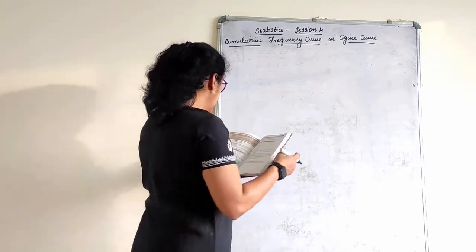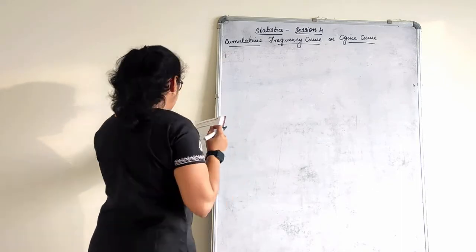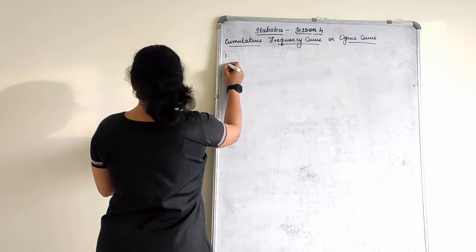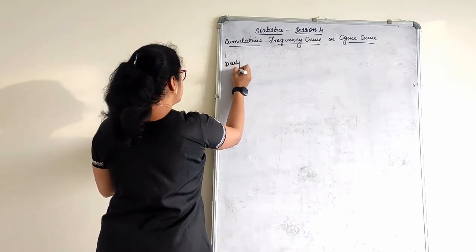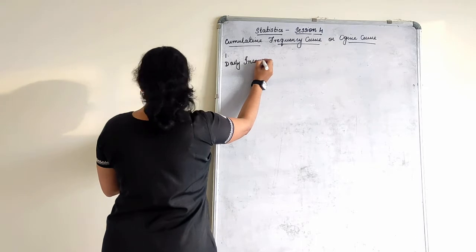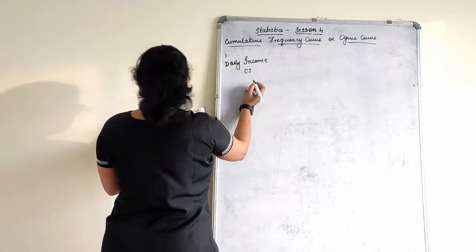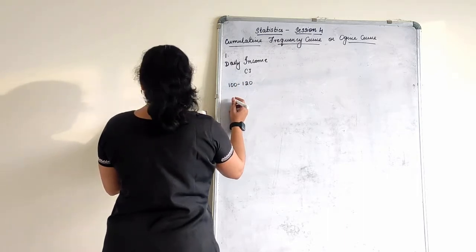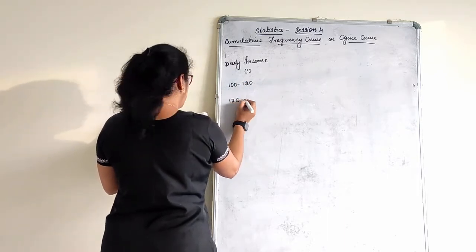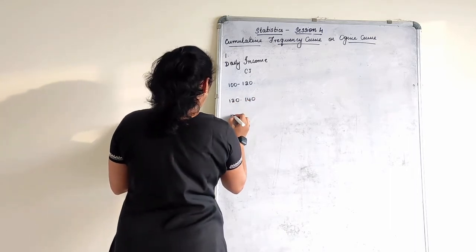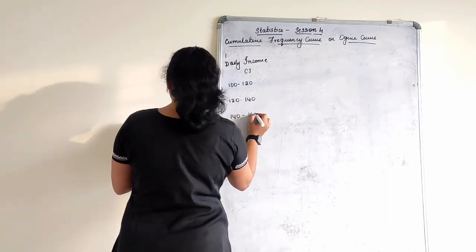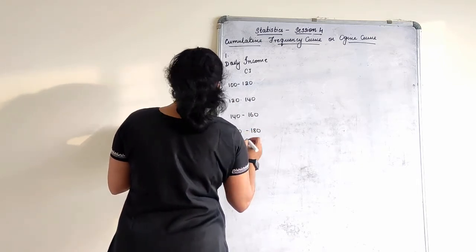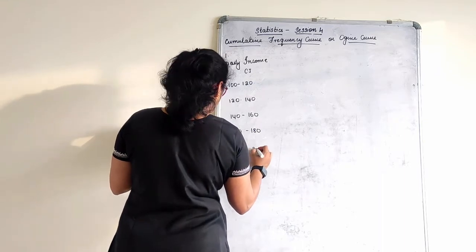The first question: the following distribution gives the daily income of 50 workers of a factory. So directly it is given, daily income. Daily income is nothing but now Ci, class interval. Let me first write the class interval and then look at the further question. 100 to 120, 120 to 140, 140 to 160, 160 to 180 and 180 to 200.